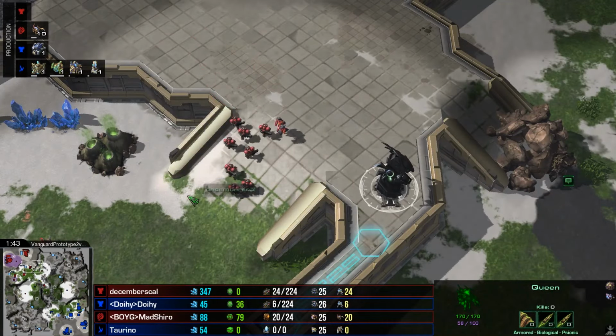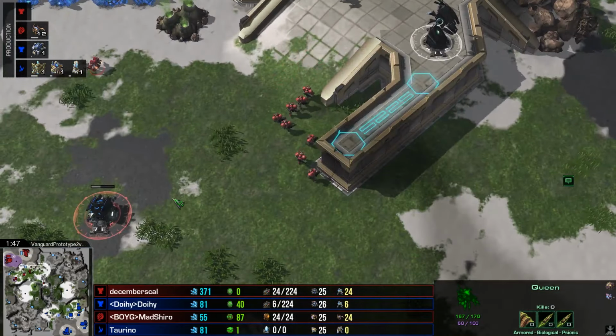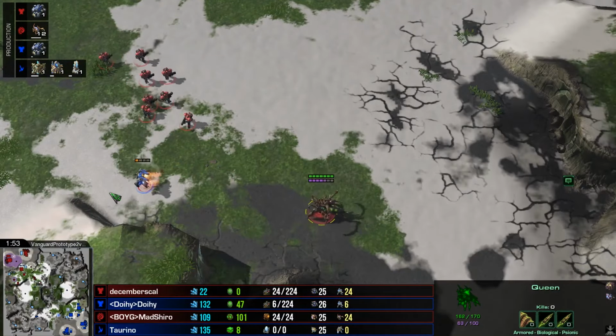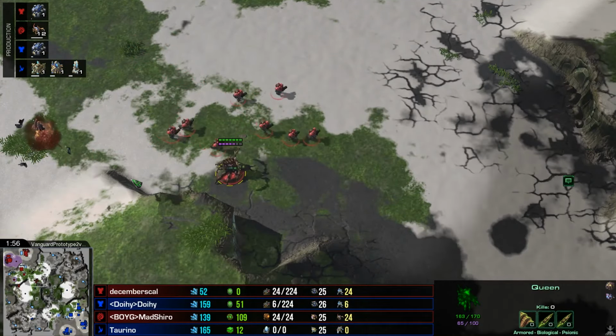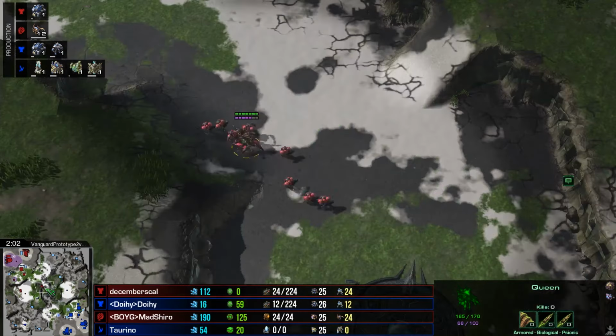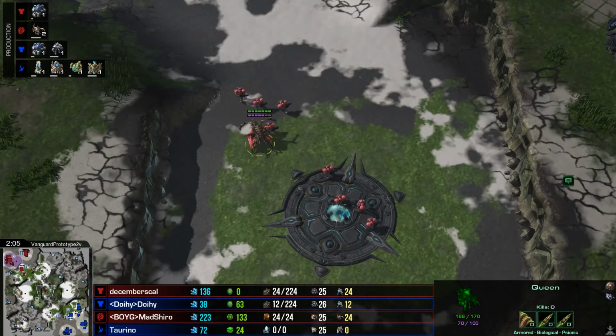Yeah, and look at this, man. December's Calm already out with a group of Marines. Went for that barracks pretty quickly and gonna catch this Reaper out. Oh, yep, just barely grabs it. Very nicely done here. And we'll go ahead and take an expansion behind as the map control goes over to